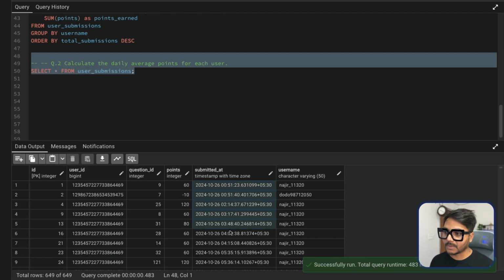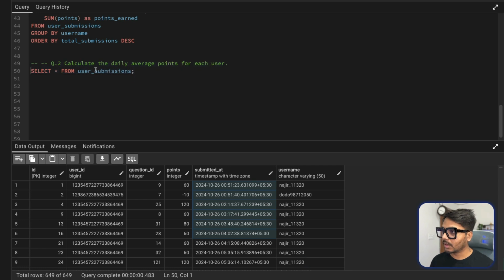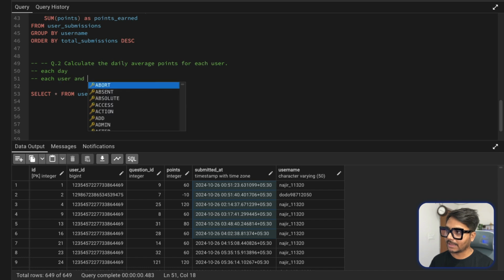So we have a timestamp data. Now from here we first need to extract each day. Once we find each day, we can calculate the daily average point for each user. So then we would need to find out each user and their